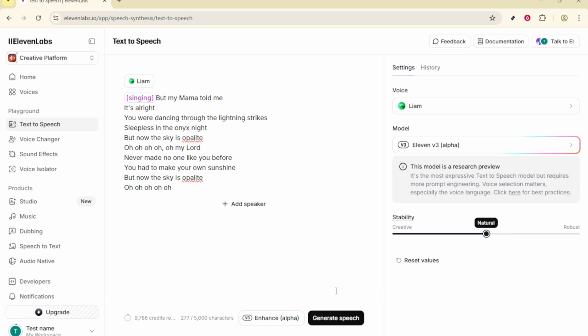And there you have it. By following these steps, you'll be able to effortlessly bring your text to life using ElevenLabs' advanced tools. Remember, practice makes perfect, so don't hesitate to experiment with different voices and settings to discover what works best for you. Enjoy